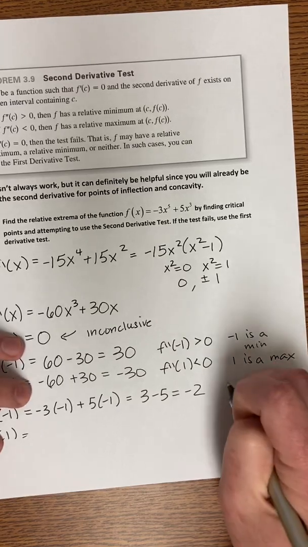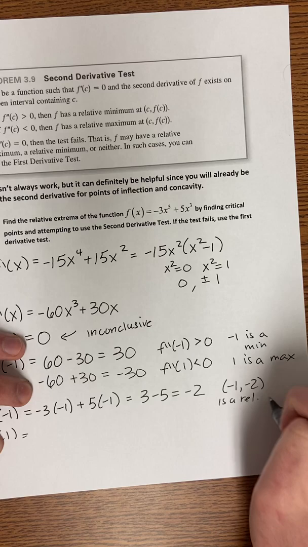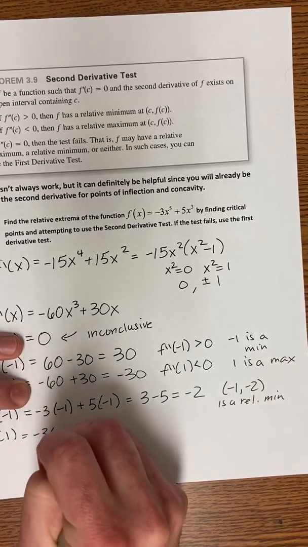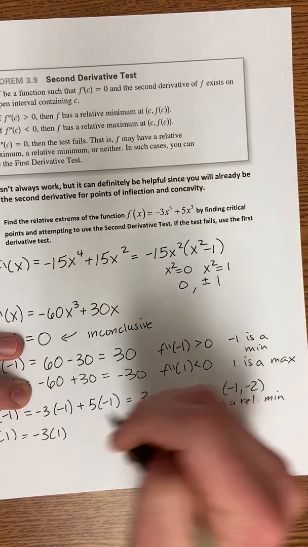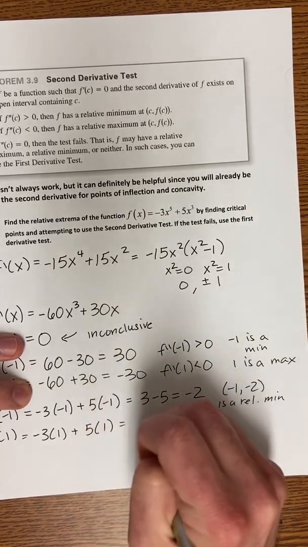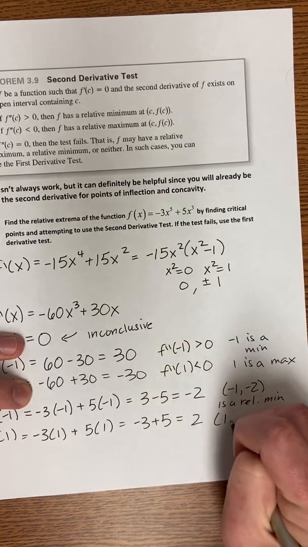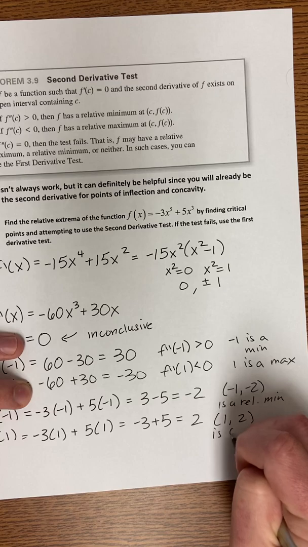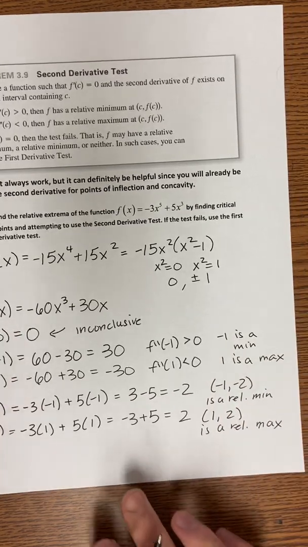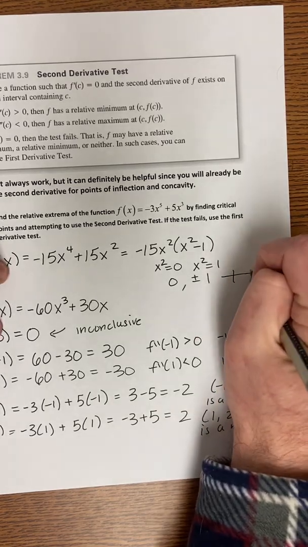So what we would really say is negative 1, negative 2 is a relative minimum. Plugging in 1, negative 3 times 1 to the 5th is negative 3, plus 5 times 1, which gives 2. So we would say 1, 2 is a relative max. To check 0, we'll have to go back to the first derivative test. We don't need to check everything,